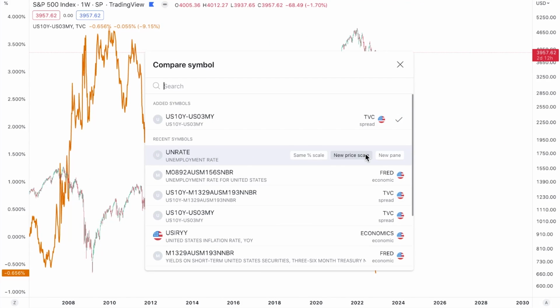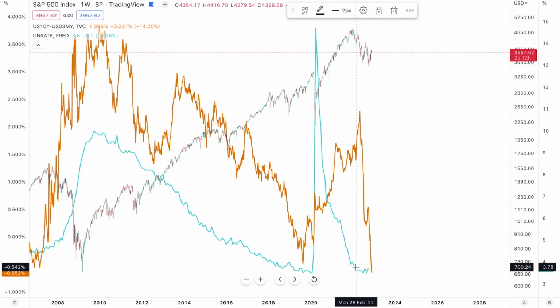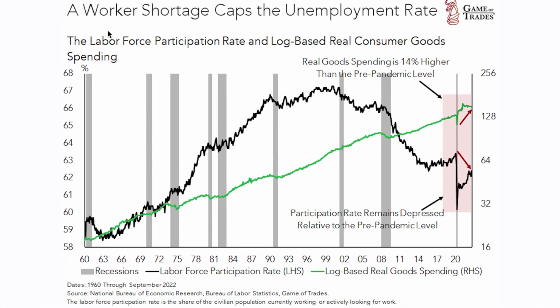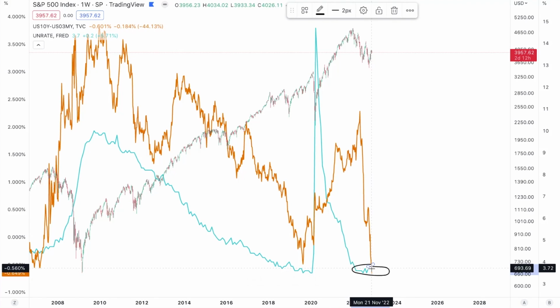So if we look at the unemployment rate today, well, it's still low. Yes, we have the yield curve inversion. Yes, we are hearing anecdotal evidence of companies, especially tech companies, laying off employees, but there is no data to back that up. And you can make the case, actually, that because the labor participation rate is so low following COVID, we had a big collapse in the number of people that have actually been looking for a job. Well, perhaps that means that the unemployment rate is going to stay low for a lot longer than some people are anticipating.